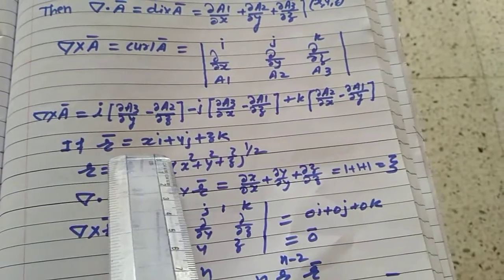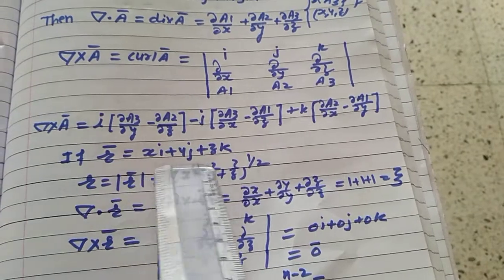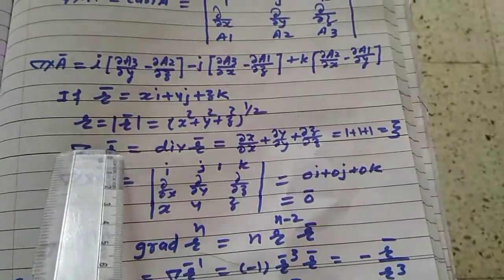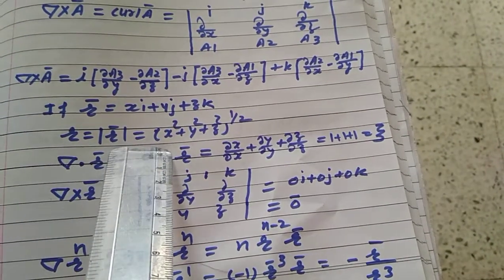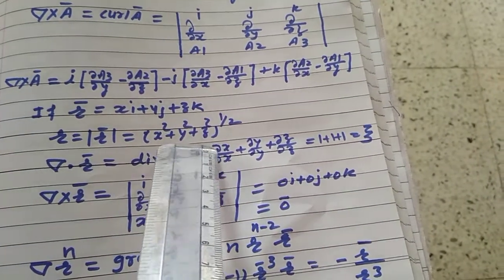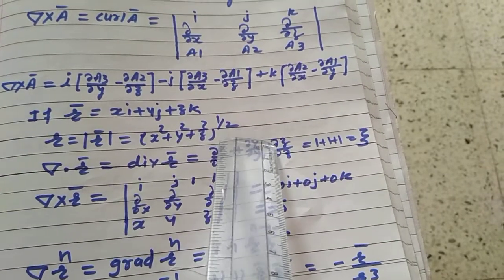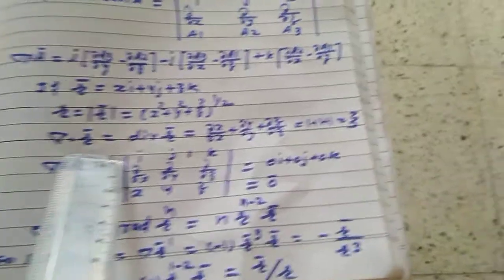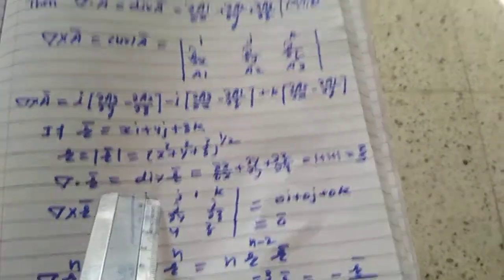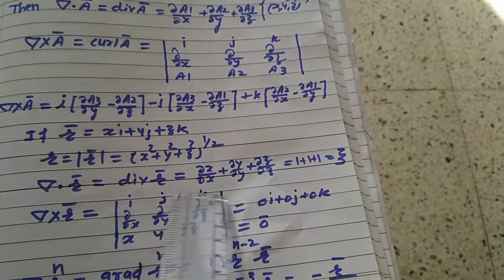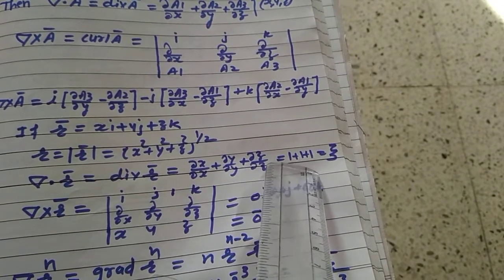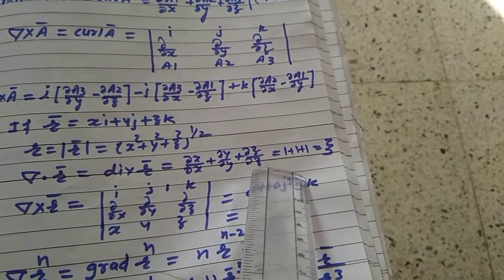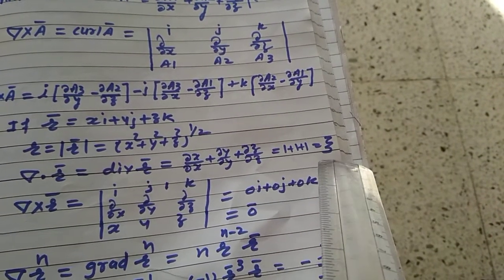Now if r is the position vector of any point x, y, z, the standard vector x i plus y j plus z k, then the magnitude of r, a scalar quantity, is x square plus y square plus z square raised to power half. You know how to find magnitude. Suppose I want to find the divergence of vector r. By using the above divergence formula, a1 is x, a2 is y and a3 is z. So you will get del x by del x plus del y by del y plus del z by del z, and this is equal to 1 plus 1 plus 1 equal to 3.